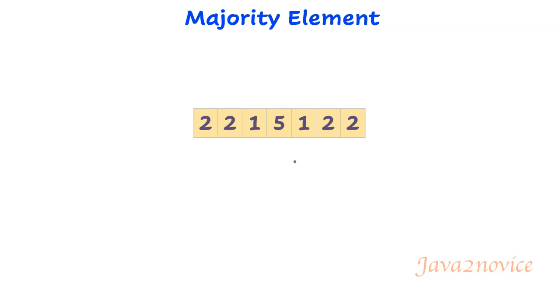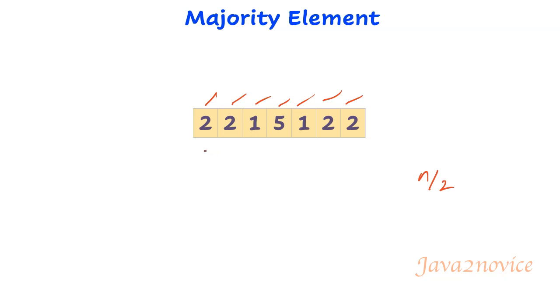Our next approach is based on the Moore voting algorithm. As per the problem statement, the majority element must appear more than n by 2 times, where n is the array length. That means the majority element appears more than the other elements in the array. I mean, in this array, 2 appears 4 times, and the rest of the elements appear only 3 times. If we start cancelling or eliminating the majority element with other elements one by one, at the end at least one majority element will be left over.